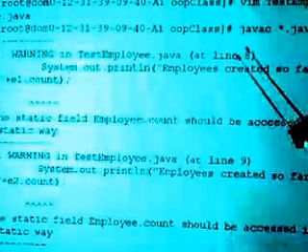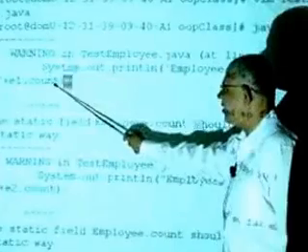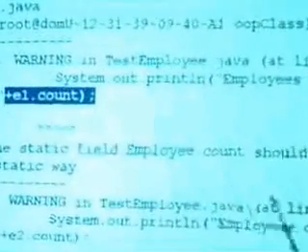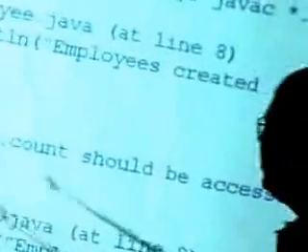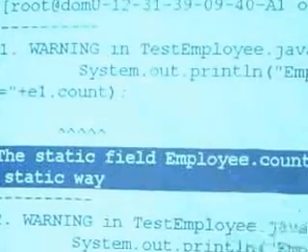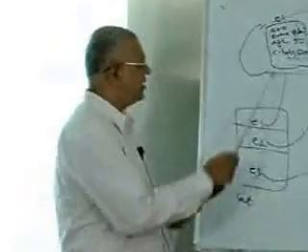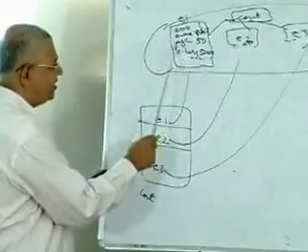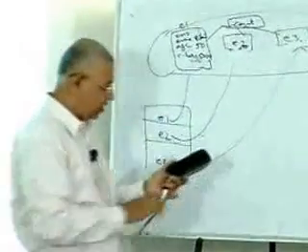See, normally we are accessing a static variable. Count is a static variable, but it is accessed. Now it's not giving the warning that E1, E2, E3 are not used because we are using them. But we are getting another kind of warning which is saying you are accessing a static variable through an instance reference. While that is valid, there is a better way of doing it which I'll show you in a moment. Because remember, count is a different kind of animal as compared to employee number, employee name, age, salary. It is shared by all of them.